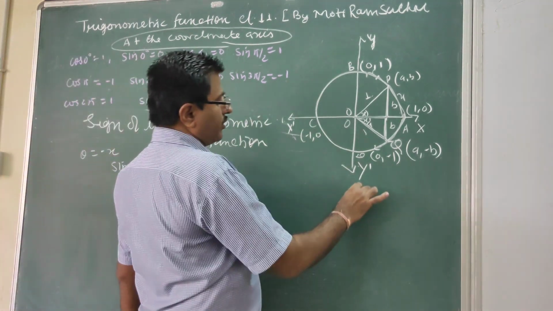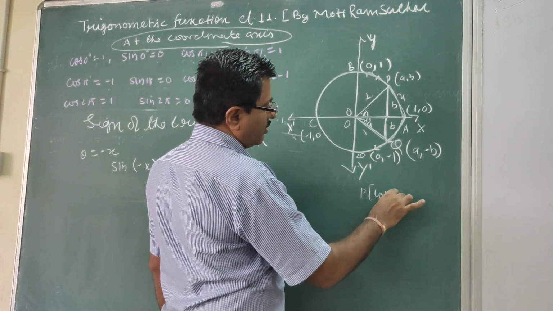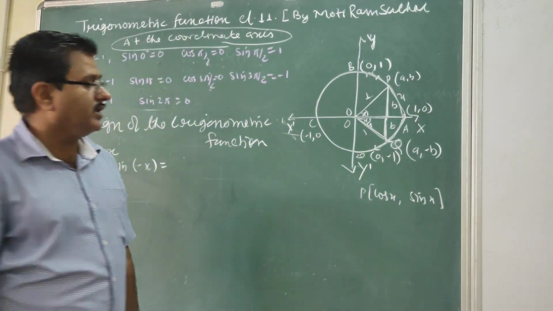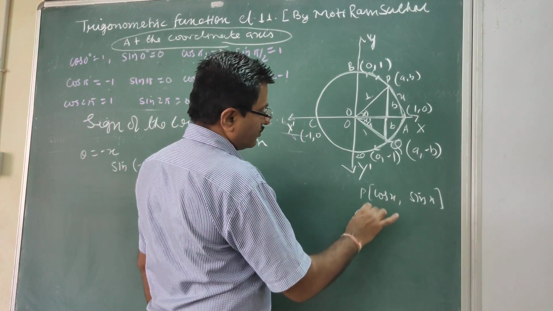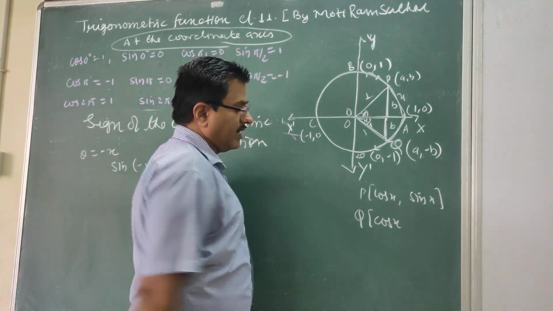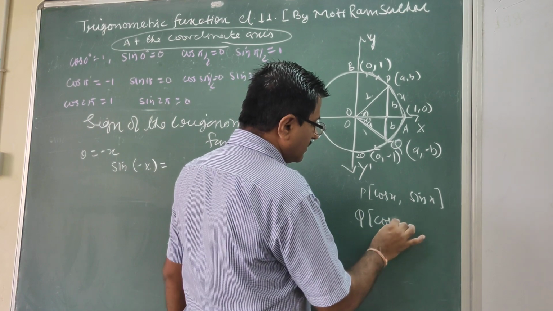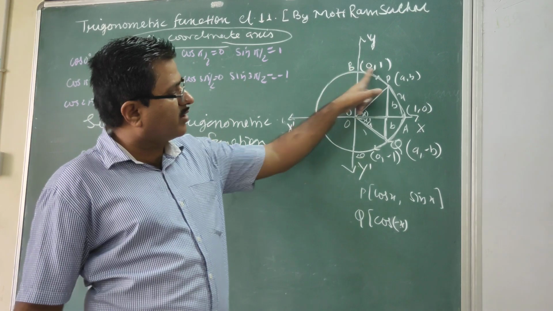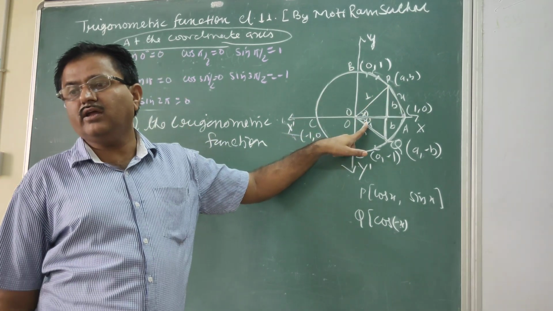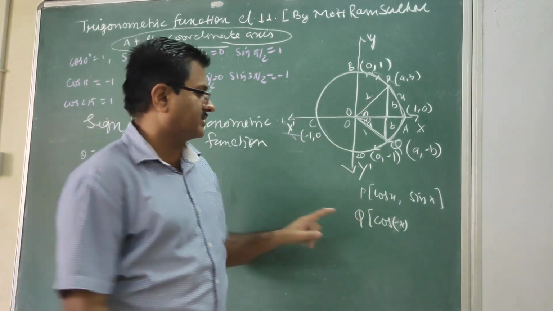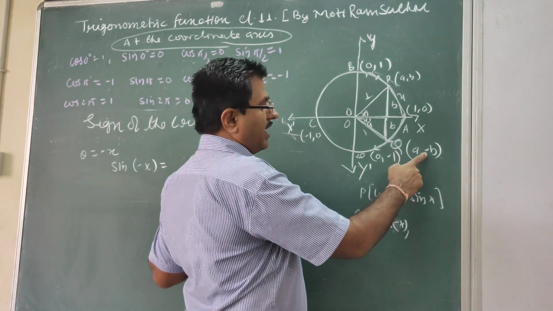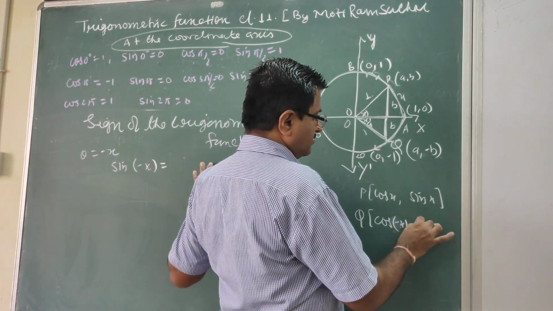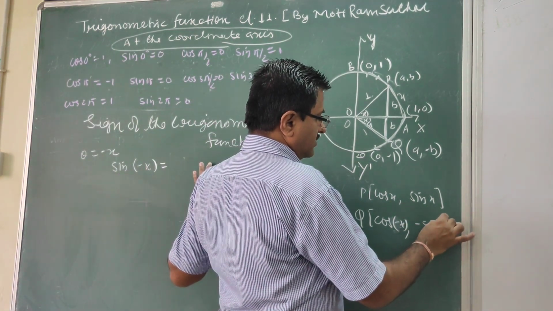So you can say, already we are saying the coordinate of point P is considered as cos x and sin x. Clear? Then what is the coordinate of Q? That will be the same cos x. Here, if we are moving in the clockwise direction, then our theta is negative, so that is minus x. And the value of this will be minus of b. Clear? So this is minus of b, that is sin x.